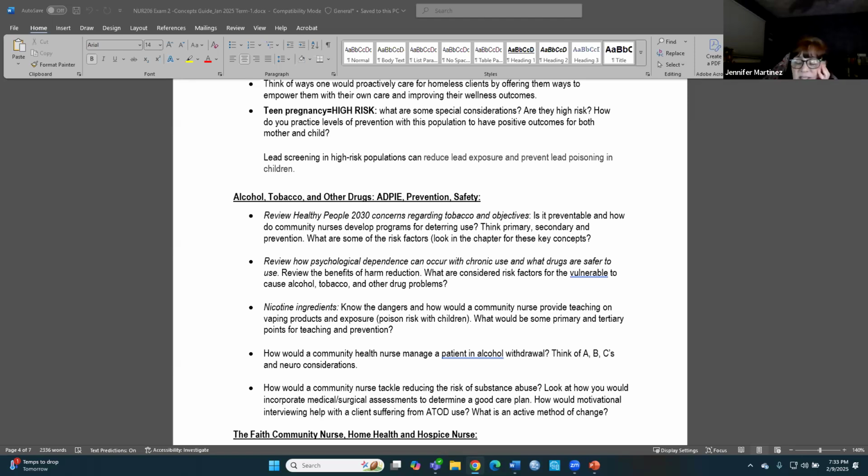Some of the CDC guidelines for dealing with alcohol, tobacco, and other drugs: the big thing is we want to try to prevent young people from starting. We want to promote quitting. We also want to reduce exposure to secondhand smoke, as well as identify and eliminate tobacco-related health disparities. So think about that secondhand smoke. There are people diagnosed with lung cancer and other cancers associated with tobacco and nicotine who have never smoked, but they have been exposed periodically throughout their lives, whether it's parents or friends